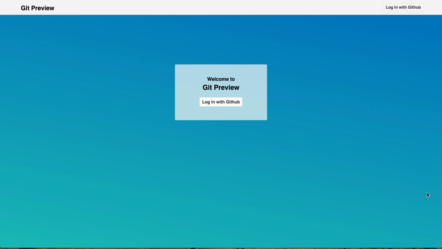Welcome to Git Preview. It's a lightweight web app based around the GitHub API. The motivation for this app is being able to easily track visual changes associated with particular Git commits. So if you're doing a lot of design-heavy coding and you want to see how the look of your project has evolved over time, and the tweaks you've made for a particular commit,